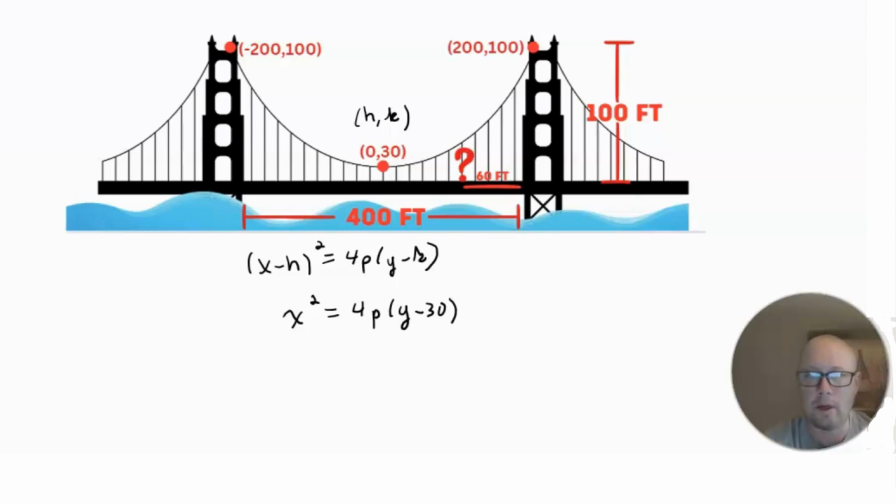All right, so in order to come up with the formula here, we need to figure out p, the focus. So we're going to use the fact that we have one of the points on there, (200, 100). If it's 400 feet between the uprights of the bridge, that means this point here would be (200, 100). So I'm going to sub in 200 for x, and I'm going to sub in 100 for y,